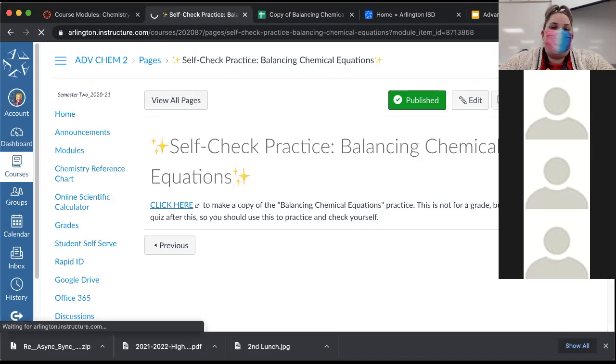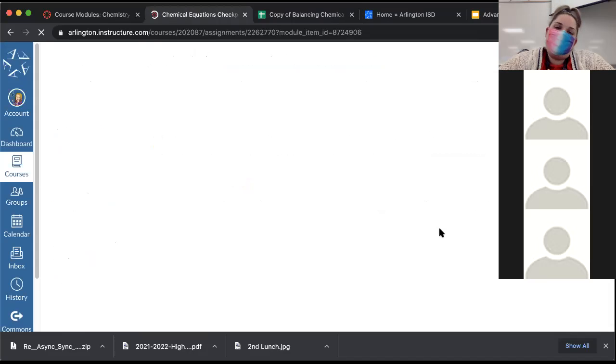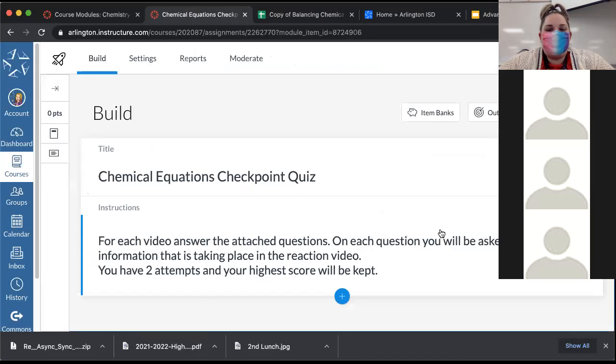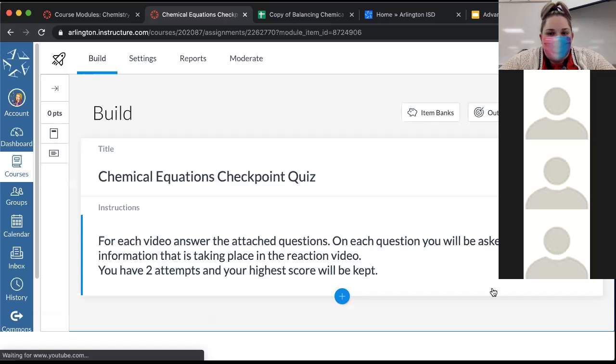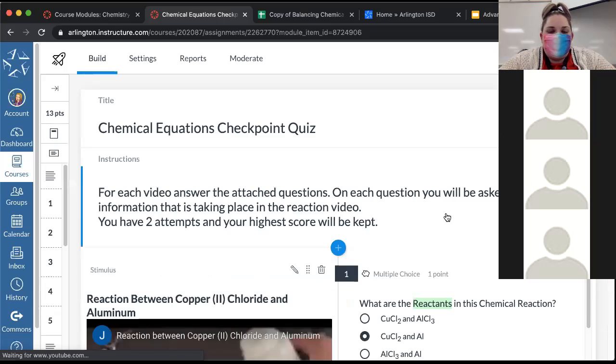So when you go to the little checkpoint quiz, this is going to be covering stuff we talked about on Wednesday and today. So you have to be able to recognize reactants, products, what are the formulas? So what would the equation look like? And how do you balance it? And so there are videos, okay? One of our other chemistry teachers, Mr. Villarreal, he took the time to make these really nice videos that show you guys, because obviously we're not here